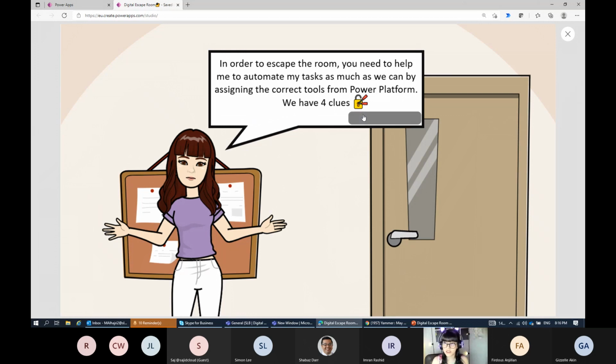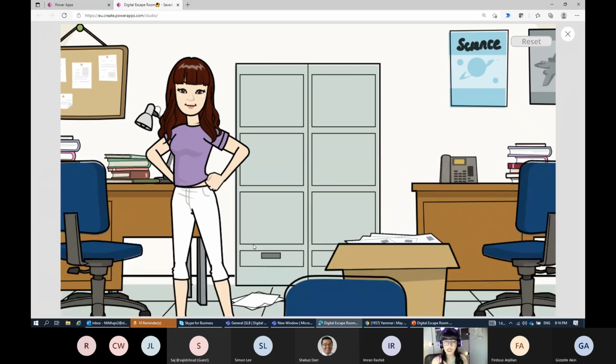So when they click tap to continue, the game will start. Here, it's an office, like a room. Here you have 2 options. You can add a timer if you have a lot of locks and you want to make it more attractive, and it's easy to do. But for me, I didn't add it because it's a really simple room. I just put the concept of the game. But in the actual digital escape room, there is a timer of 60 minutes to escape the room. Here it's easy, so they don't even need 60 minutes.